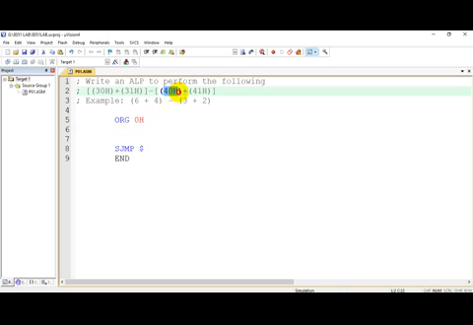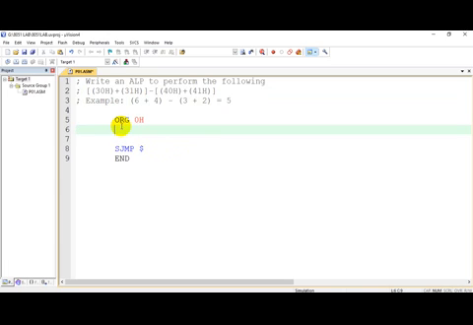Then you have to add the contents of memory location 40H with the contents of memory location 41H. Whatever the sum you get, that you have to subtract from the sum of this. As an example, 6 plus 4 minus 3 plus 2. So 10 minus 5, so you should get back the result as 5.